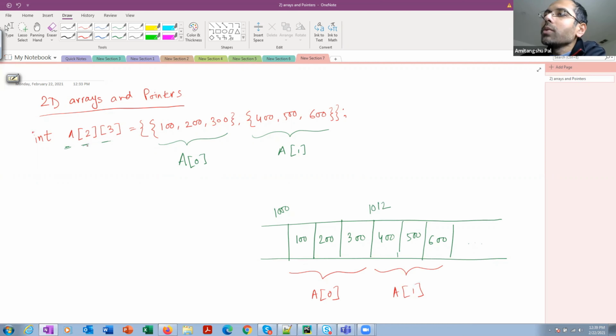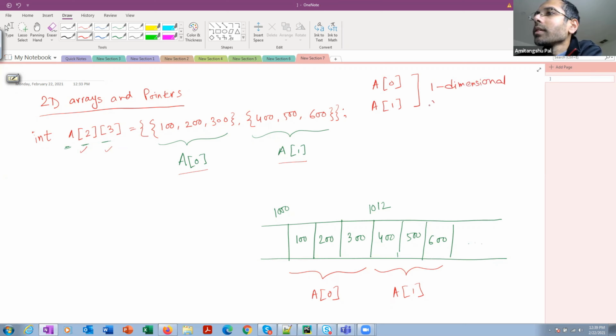A two-dimensional array with 2 rows and 3 columns consists of two one-dimensional arrays A0 and A1, each of 3 integers.